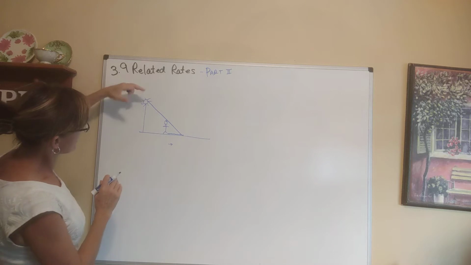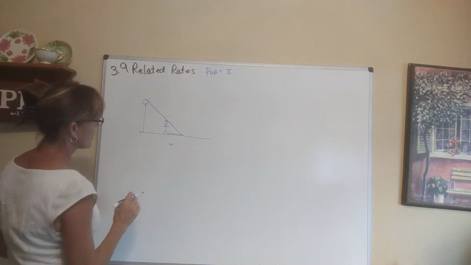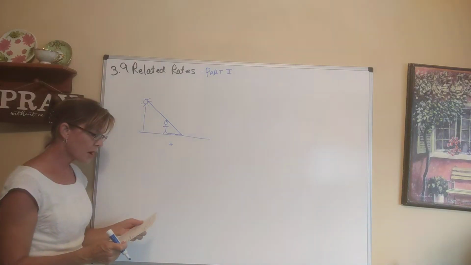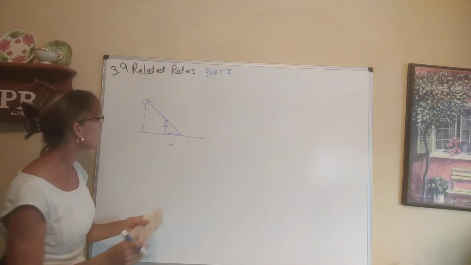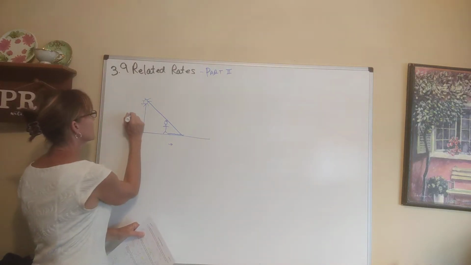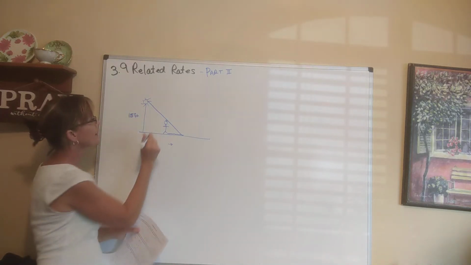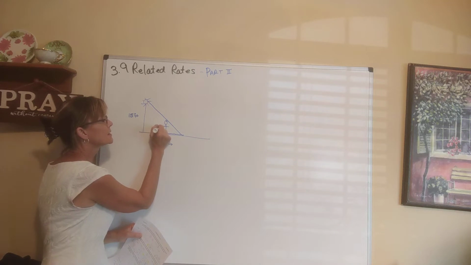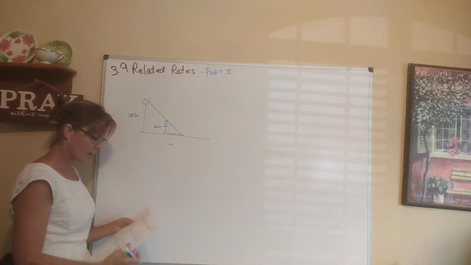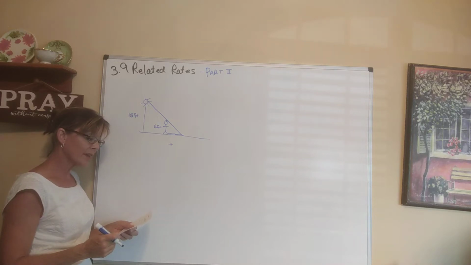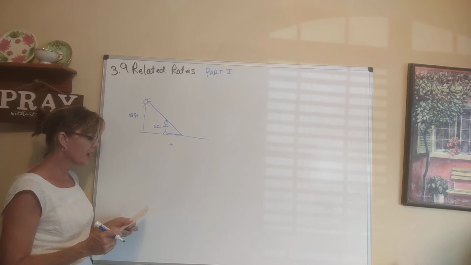It is shining on the man, causing a shadow to happen. What they gave us in this problem is that the light pole is 15 feet tall, and the man is 6 feet tall. And then they say the man is walking away from the pole with a speed of 5 feet per